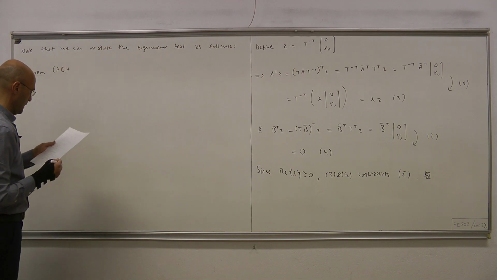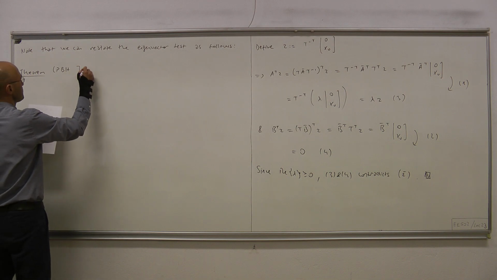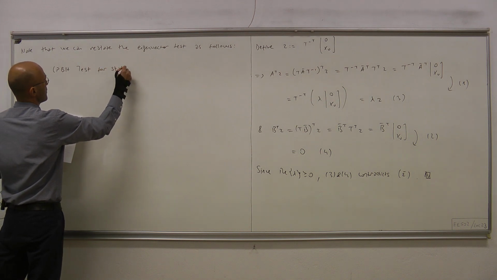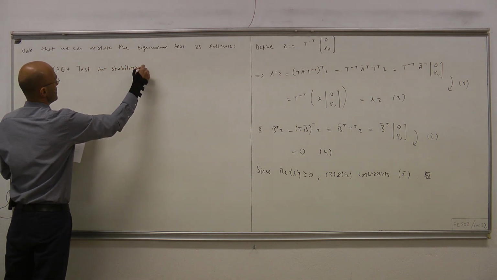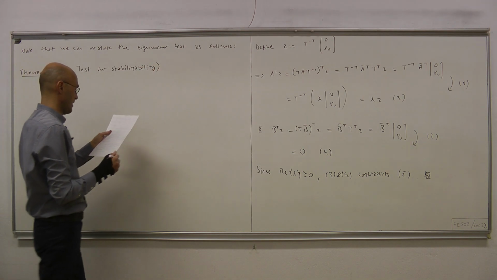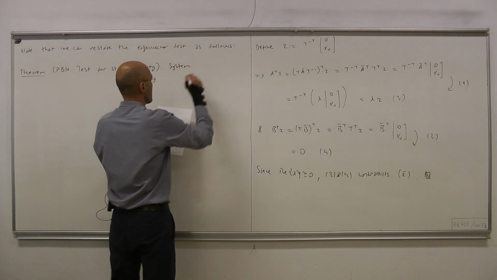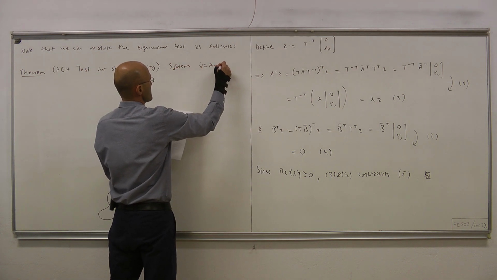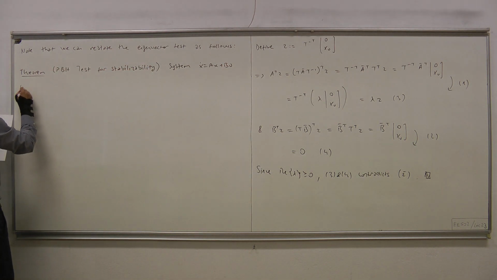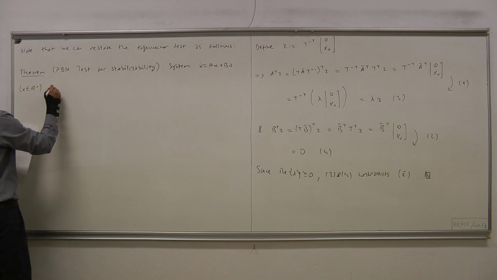So they are the initials of the inventors of this test for stabilizability. Okay, the system x dot equals Ax plus Bu, where the order of the system is n, x is in R^n, is stabilizable